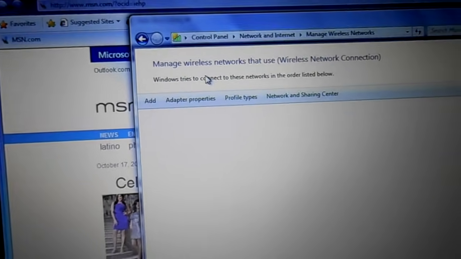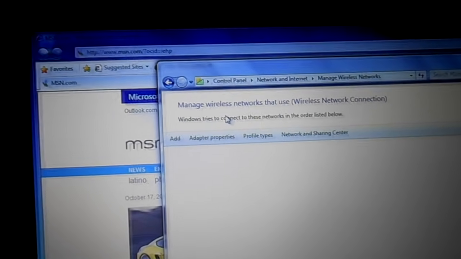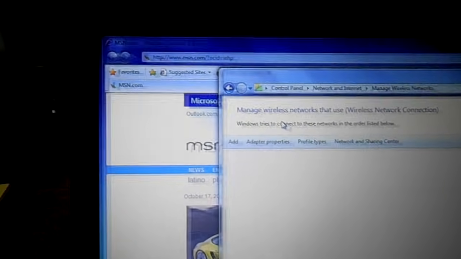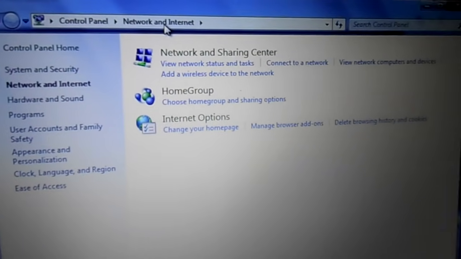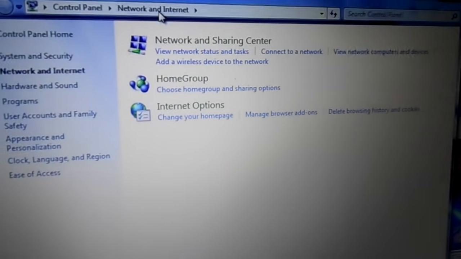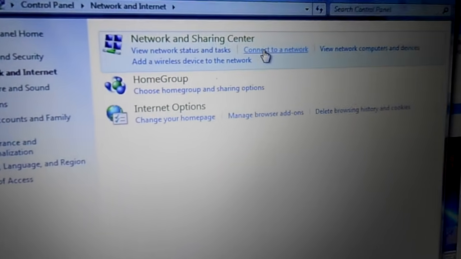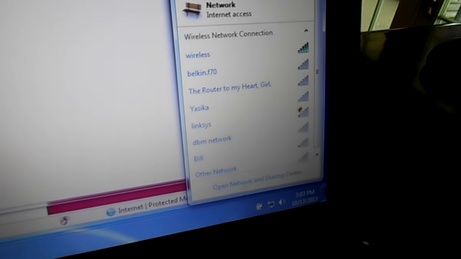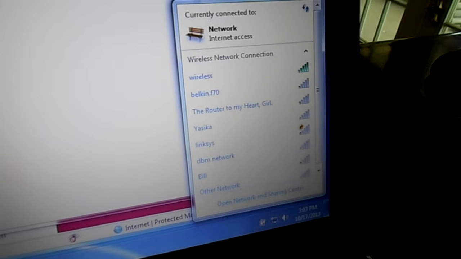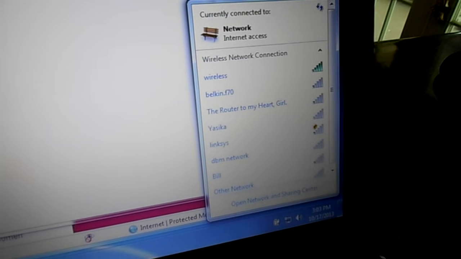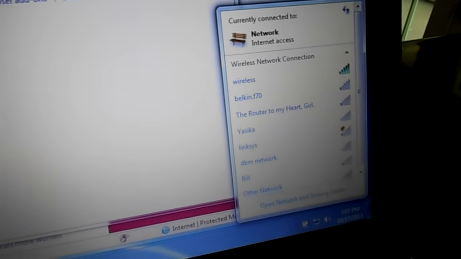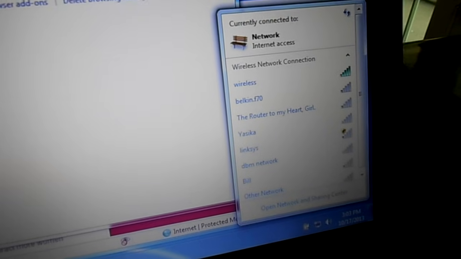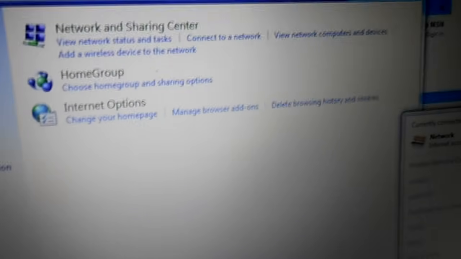So it might take a few minutes to find all the wireless networks in this building and around us. So let's go ahead and see if there's a network that's working, or it will pick up a network, and that'll tell us our Wi-Fi is working. Let's go to connect to a network and see if it lists them. Look at that, a whole huge list of networks. I'm not going to connect to a network because this isn't my computer, and I don't want my passcode in this computer, but I'm convinced that this computer has now worked,